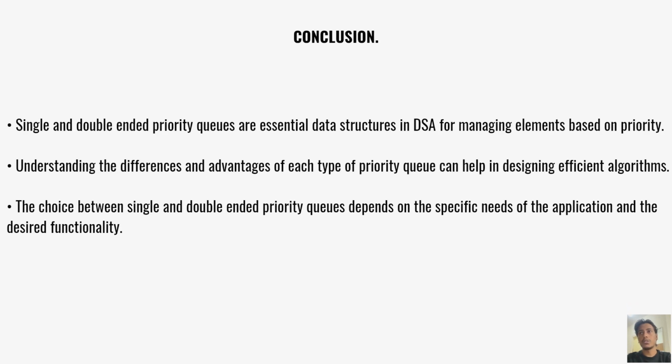So here is the conclusion. Single-ended and double-ended priority queues are essential data structures in DSA for managing elements based on priority. Understanding the differences and advantages of each type of priority queue can help in designing efficient algorithms. The choice between single-ended and double-ended priority queues depends on the specific needs of the application and the